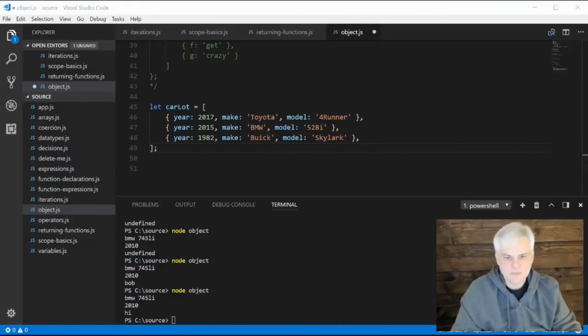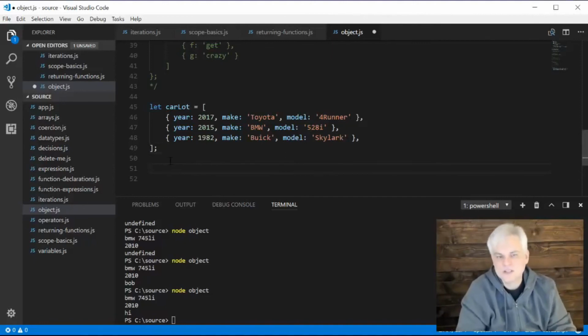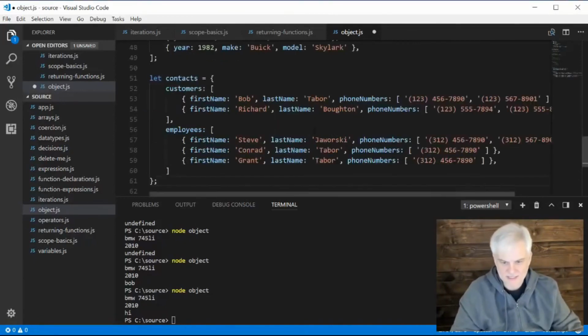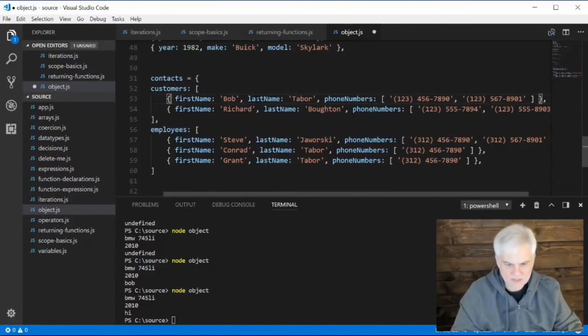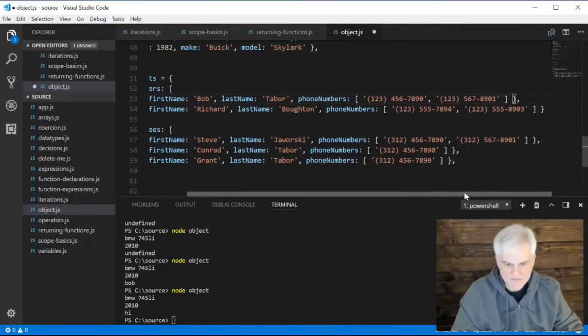How about, if this was more of a, I guess you could say, a system that kept track of all of our customers and employees, we might do something like this. This gets a little more complicated and unfortunately runs off the side of the screen a little bit. But you can see here I'm creating a contacts object. Here's the start and the end. And inside of that I have a property called customers and a property called employees. Now both of these have, as you can see, an array of objects. And these objects look very similar in so much that they have a first name, last name, and then phone numbers. And then phone numbers actually is an array of strings. In this case, this particular